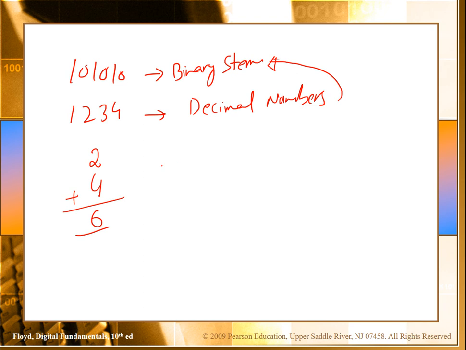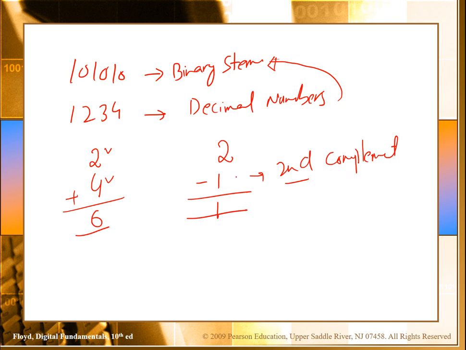Then we will learn how we can deal with negative numbers. The computer processes negative numbers in a different way. If you want to subtract, for example, 2 minus 1, we know the answer is 1, but the computer does not just subtract like this. It actually processes the negative number in the form of the second complement. So we will learn how we can get the first and second complement of a number to deal with negative numbers, to store the negative numbers.